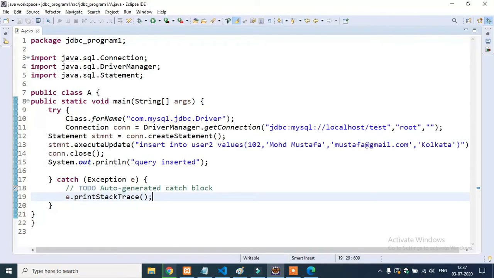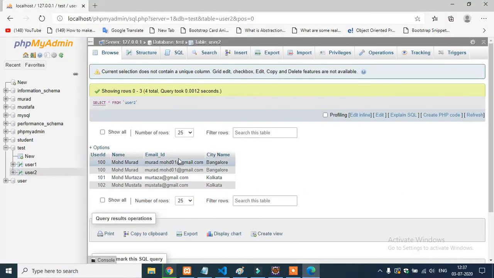And in the next video we will be talking about how to update this particular data. Suppose I want to update this name, I want to rename it from Muhammad Murad to Sajjad. Then what will happen? I will use update, and in the next video I will be talking about how to update data in the database.